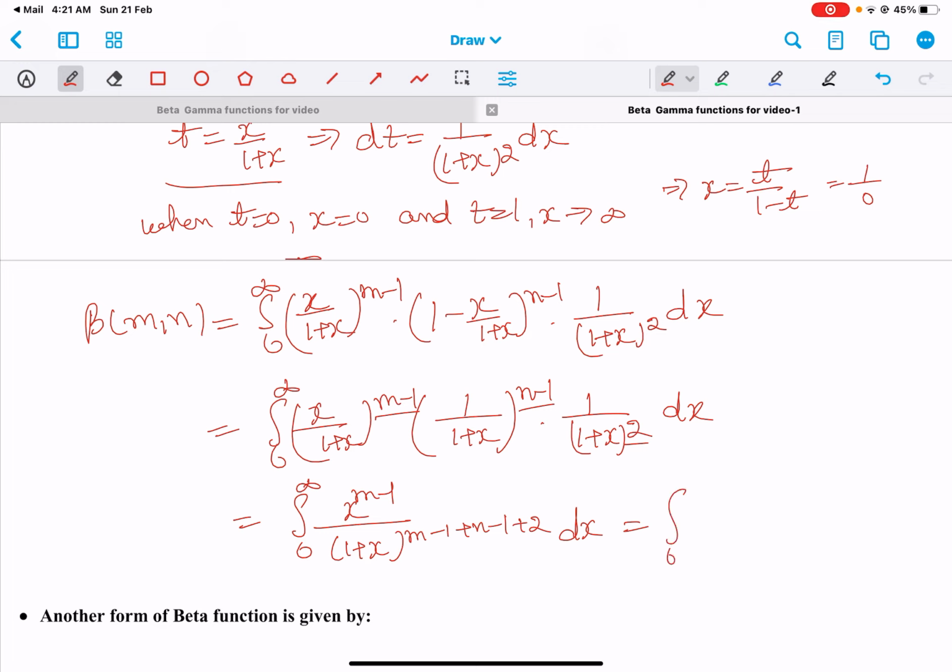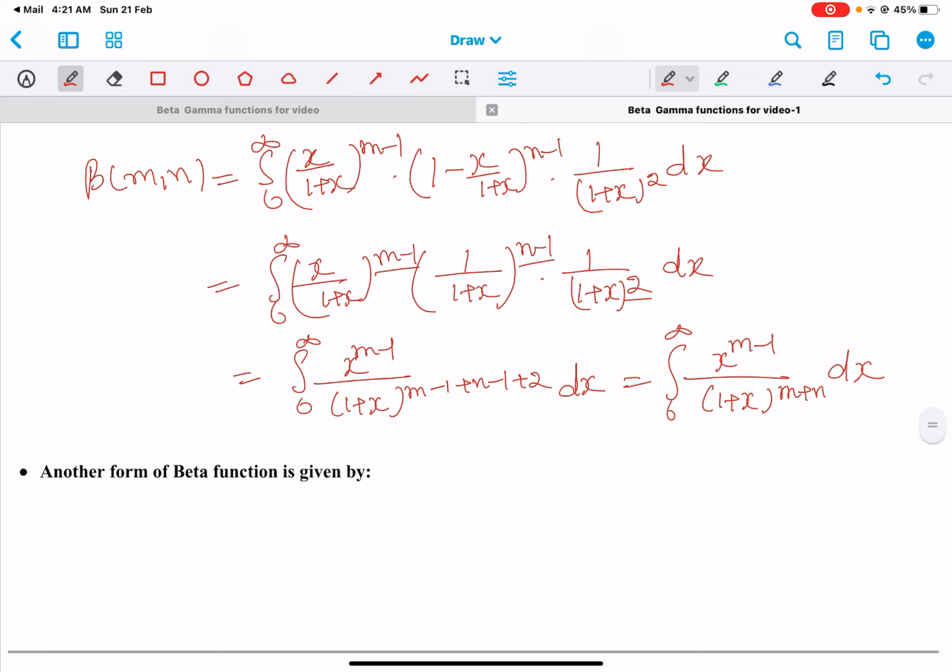Which is nothing but integral 0 to infinity x to the power m minus 1 upon 1 plus x to the power m plus n dx. So here is another form of beta function,